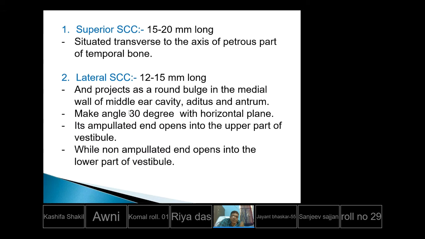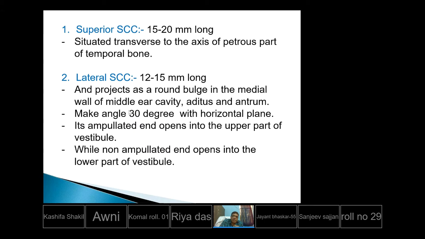Now about the lateral semicircular canal, it is 12 to 15 millimeters long and projects as a round bulb in the medial wall of the middle ear cavity, aditus and antrum, and makes an angle of about 30 degrees with the horizontal plane. Its ampullated end opens into the upper part of the vestibule, while the non-ampullated end opens into the lower part of